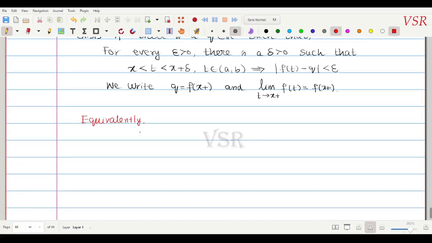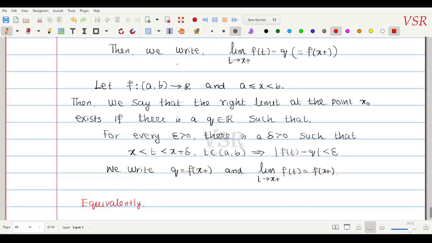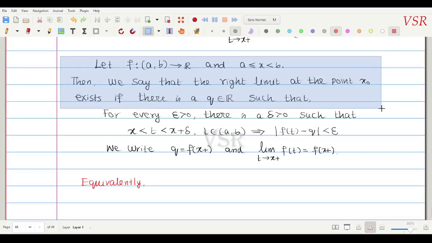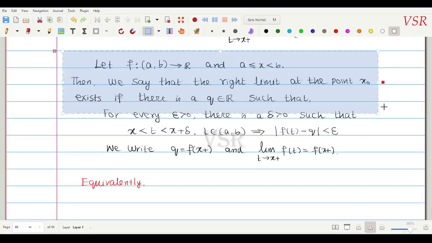எப்படி சொல்லலாம் அப்படின்னா இப்போ நான் சீக்வன்ஸ் கிரைட்டீரியா பத்தி சொல்ல போறேன். ஓகே, சீக்வன்ஸ் கிரைட்டீரியா பத்தி சொல்லட்டுமா? இந்த எப்சிலான் டெல்டாக்கு பதிலாக நான் ஒரு சீக்வன்ஸ் யூஸ் பண்ணி சொன்னோம்னா, அப்படியே காப்பி பண்ணிக்கிறேன். That is, equivalently